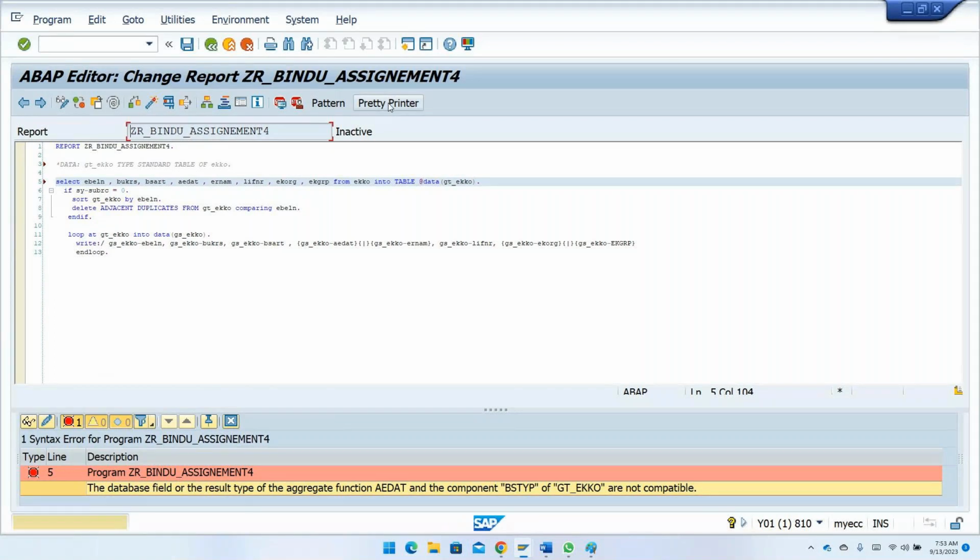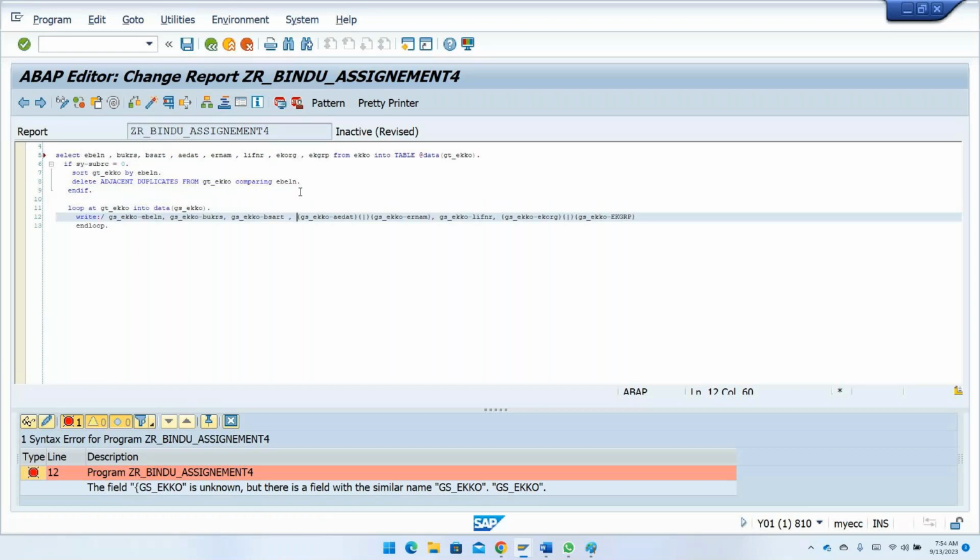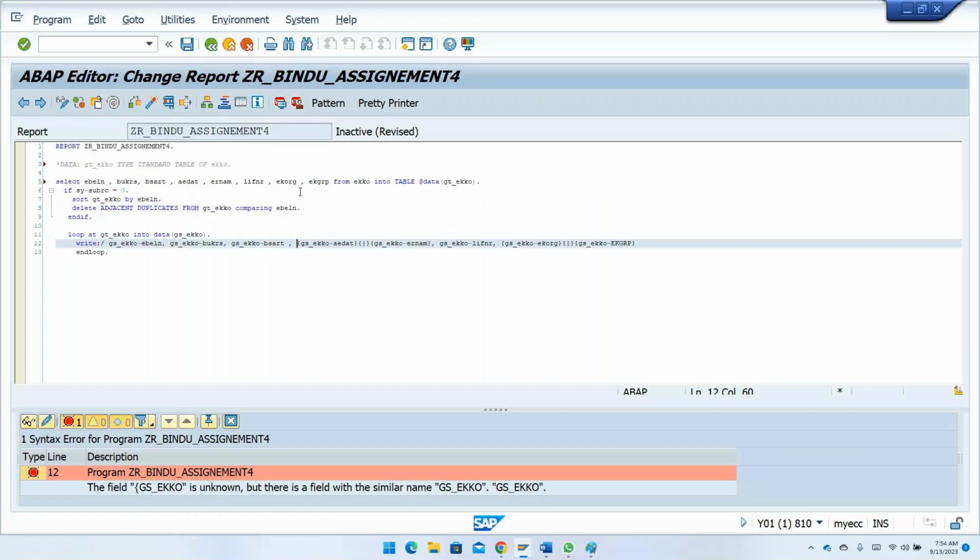Now let me check this one. So now, okay, here, sorry. So every time we declare a structure and take data from a standard table, the structure should be the same in the select query, right? Right, see, however you are going to write the fields. See, if I go ahead and check my program right now,